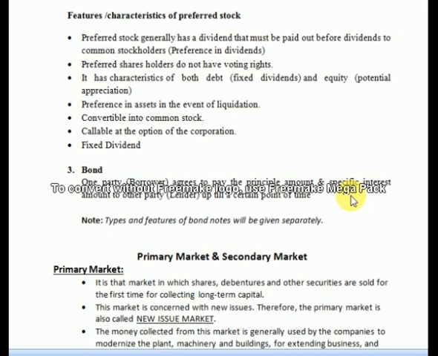So due to these two properties, that their dividends are fixed, and that the dividends are paid when the company earns and then declares them like a common stock, they have both properties. That's why this is called a hybrid security or